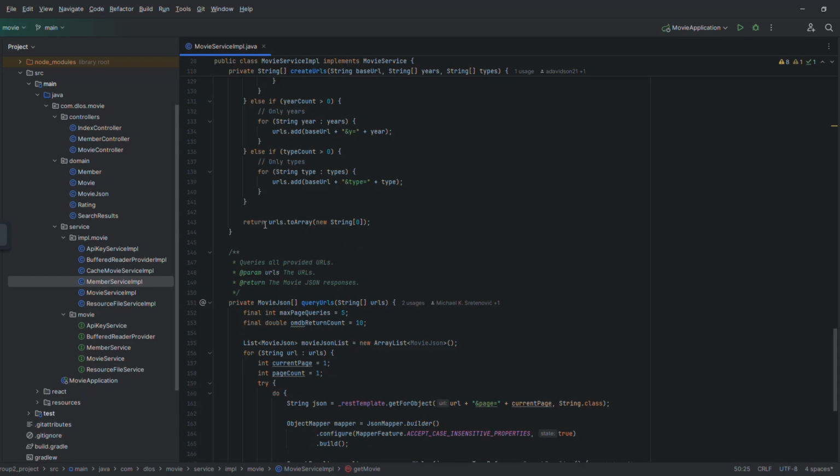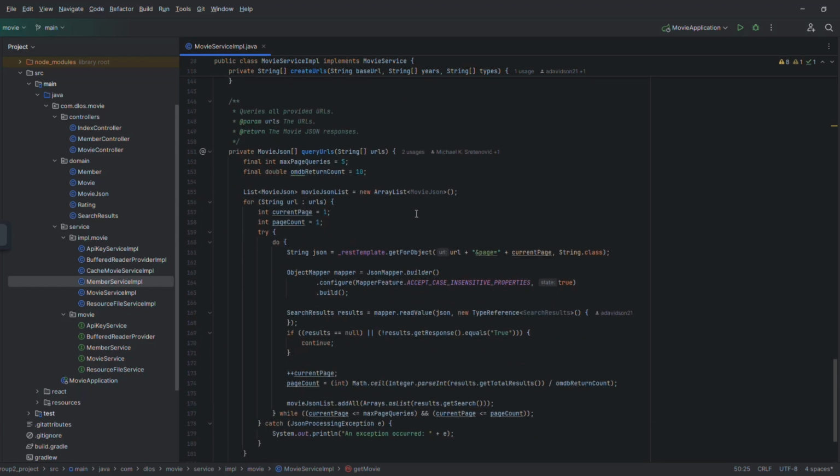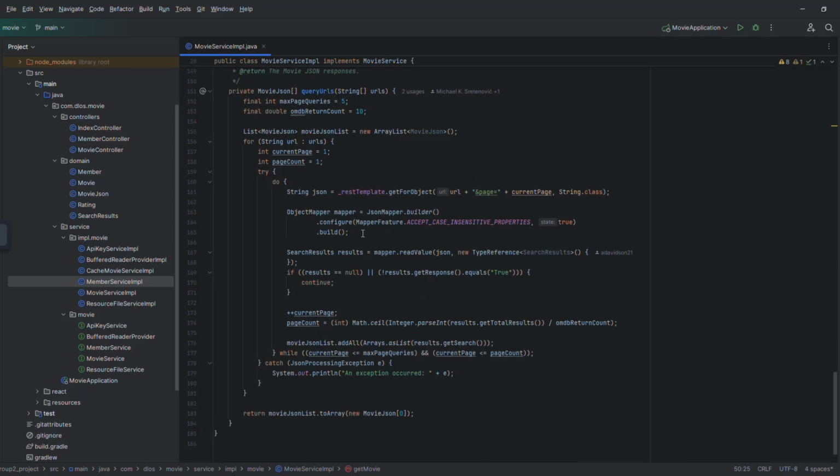From that, we return the URLs as an array, and then as you saw up above, we call query URLs to request the searches. I've limited it to 5 queries at most. The OMDB API only returns up to 10 movies at a time. So to be able to get multiple movies,